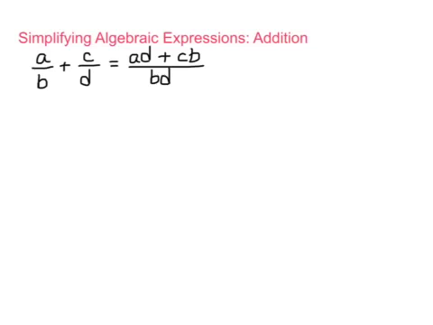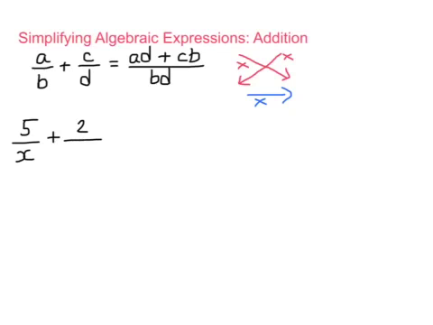So in terms of a pattern, it's A times D, so we multiply in that direction, plus C times B, so we multiply in that direction, and then divided by, we multiply across the bottom. So to look at an example of this, if I were asked to simplify something like 5 over x